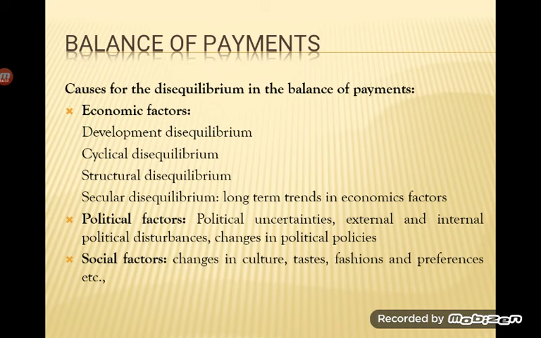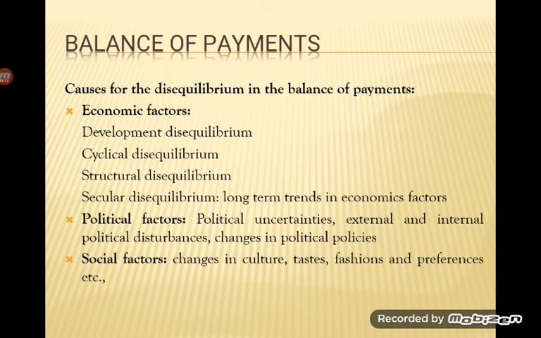They have to shell out a huge sum of money on these development projects. When they provide all these facilities, spending increases beyond the income they earn. Even though they are earning a good amount of income through exports, their spending is more than their income, and that kind of deficit is called development disequilibrium. It's like earning a good income but having so many expenses that you end up paying more than you earn. That is development disequilibrium.